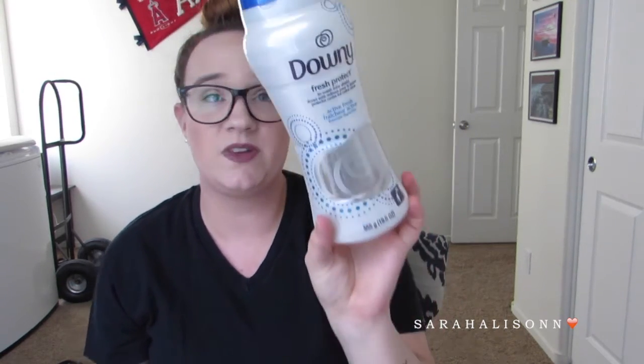Then last, I have a laundry item. This is the Downy Fresh Protect In-Wash Odor Shield in Active Fresh. This is a big one I got from Target. I like these